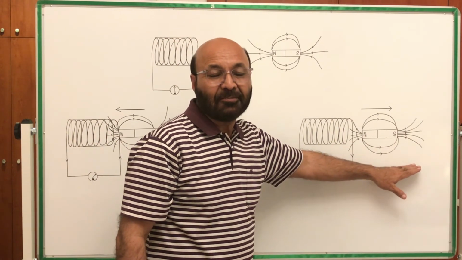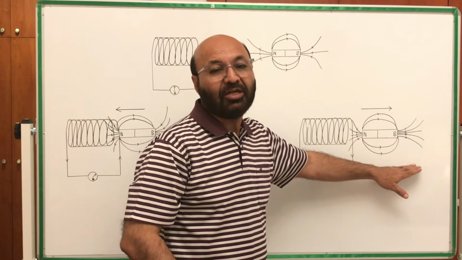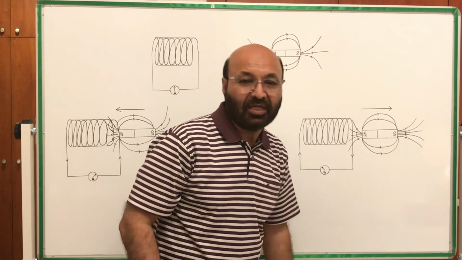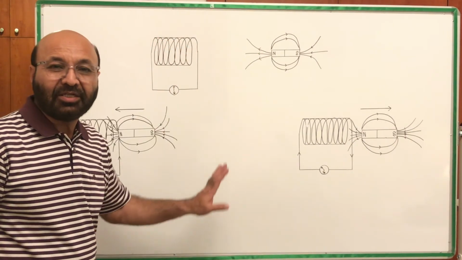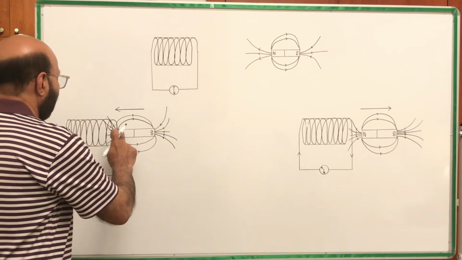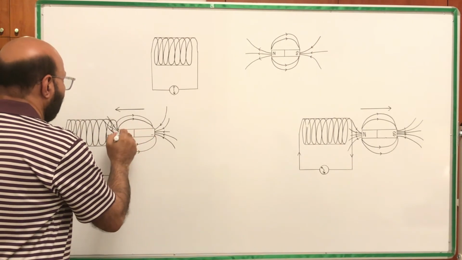So it means that there was induced current, but the flow of current was in the opposite direction. He tested the same experiment by reversing the poles of the magnet,